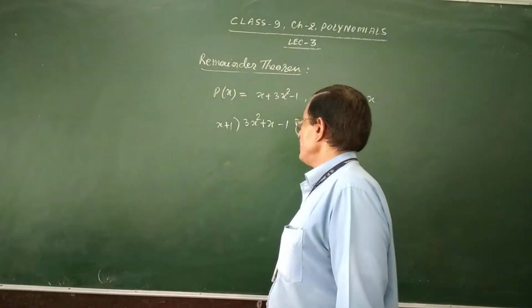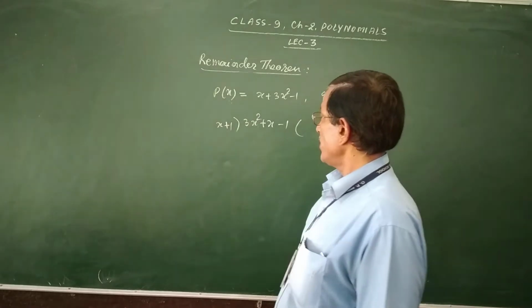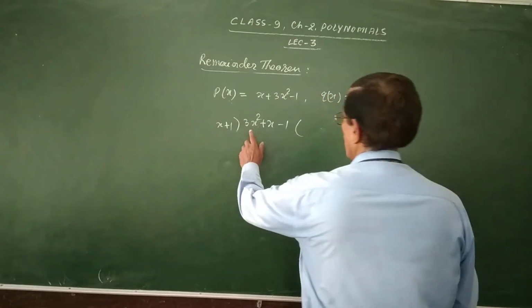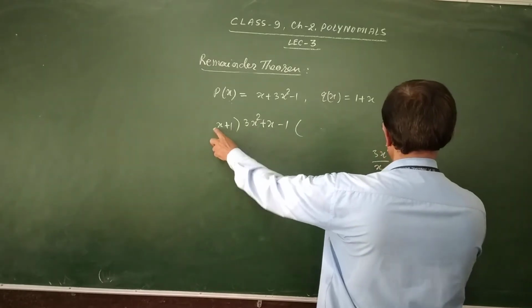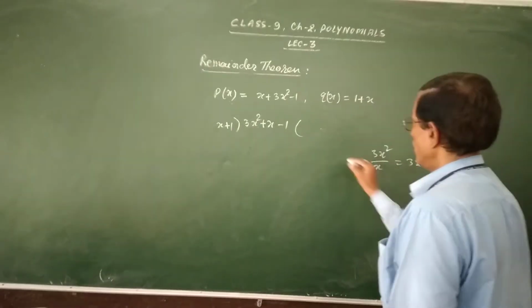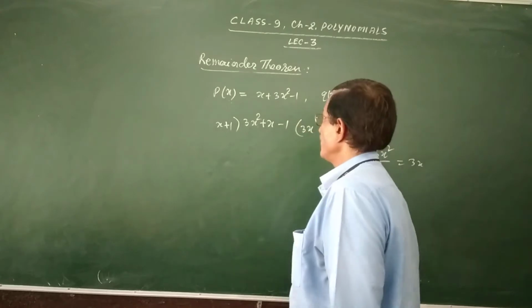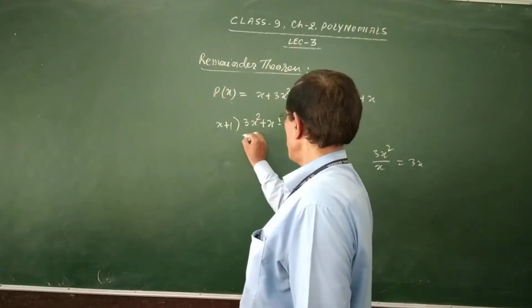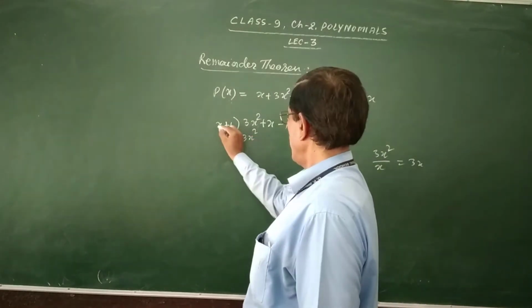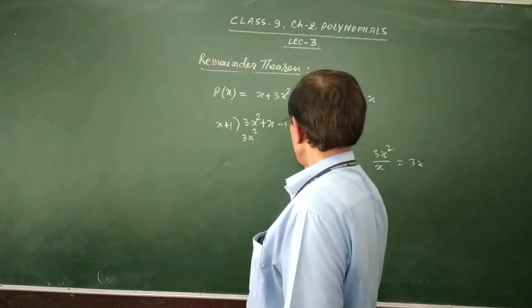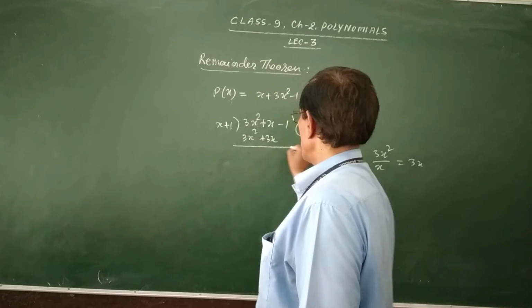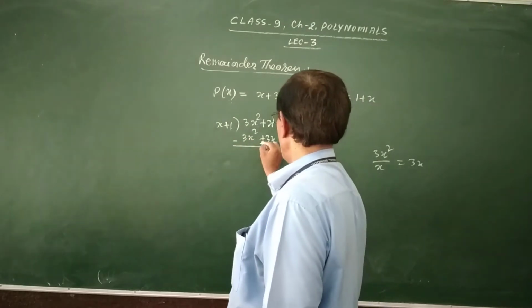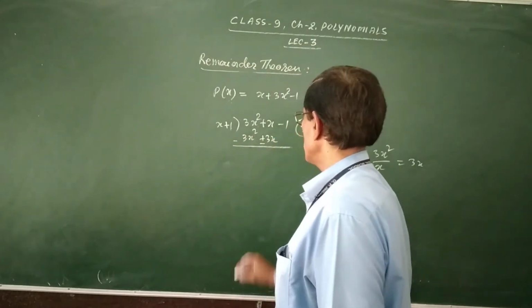So if we divide, in the first case how many times? Check here, 3x square, first term divided by first term, so it will be 3x. So 3x times it will take x into 3x, that is 3x square, and 3x into 1, 3x. Now change the sign of the below terms, change the sign of whatever is written below.